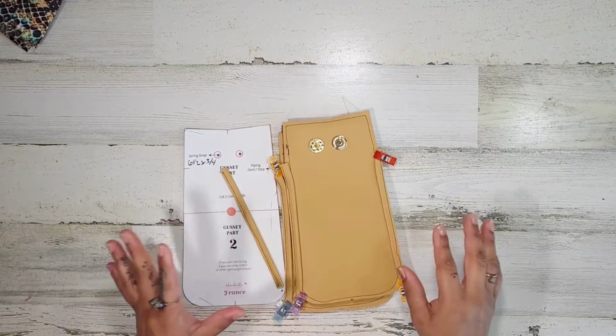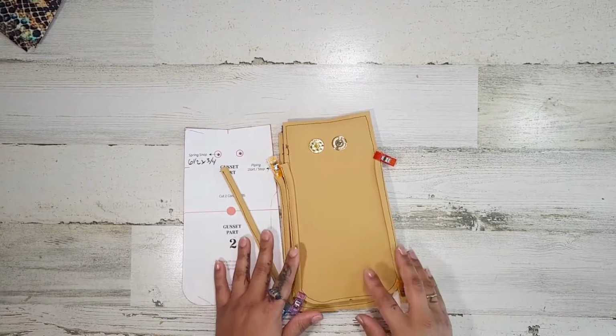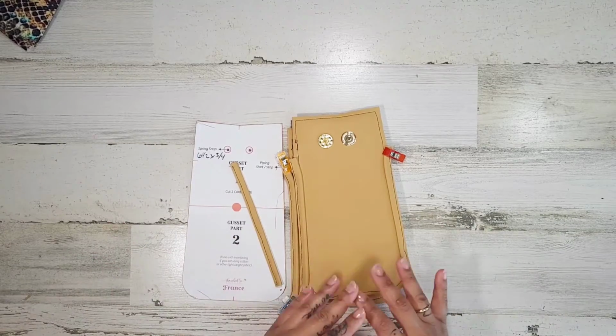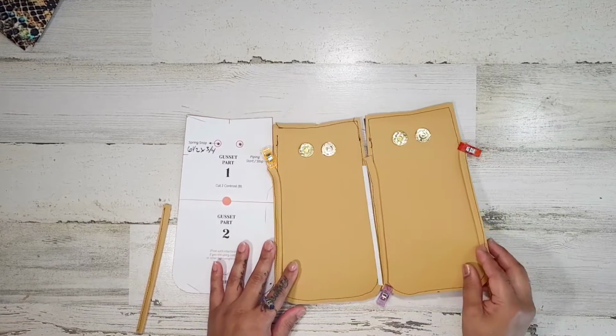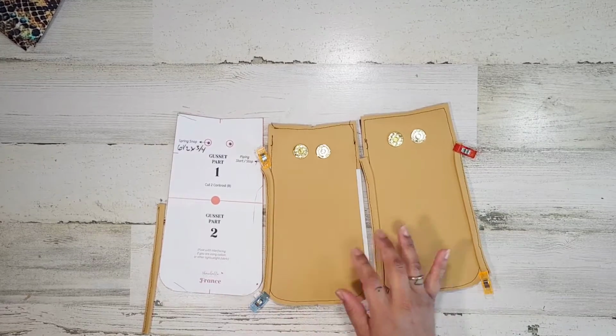Now, I am going to be doing kind of a modified version of piping because I did this on my last bag and I really liked it. And also because I'm lazy. This way is super fast, so that's what I'm going to be doing today. So I did, like I said, do my bag at 85%. So the piping today,